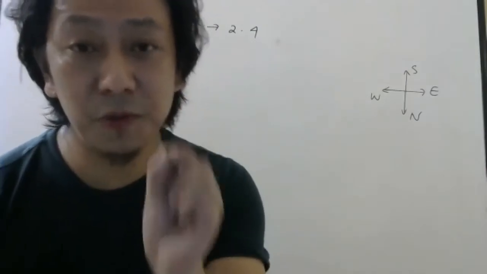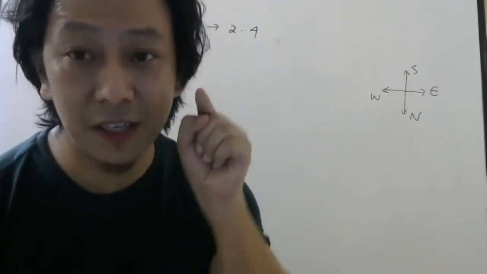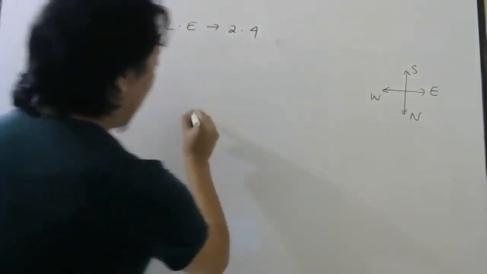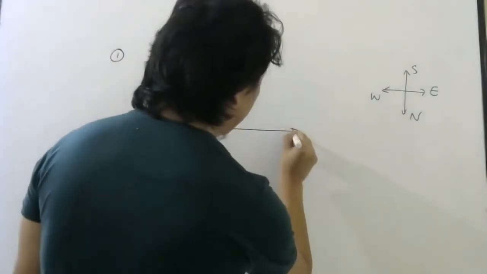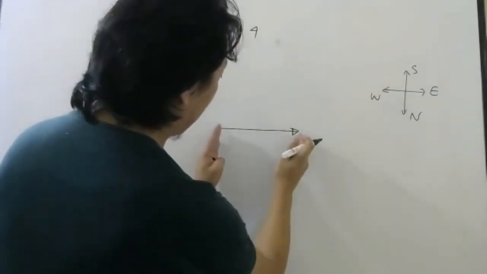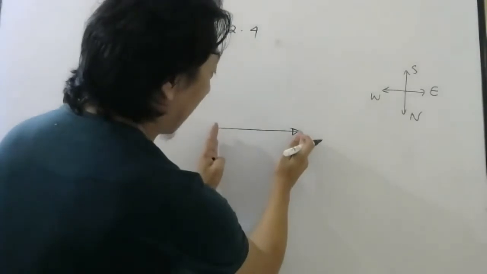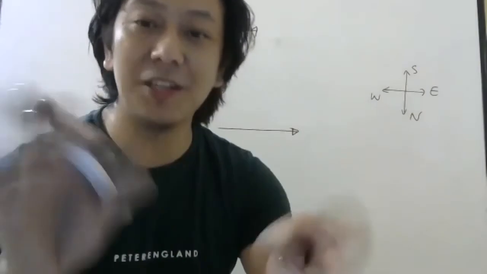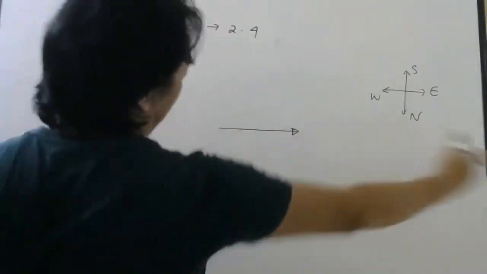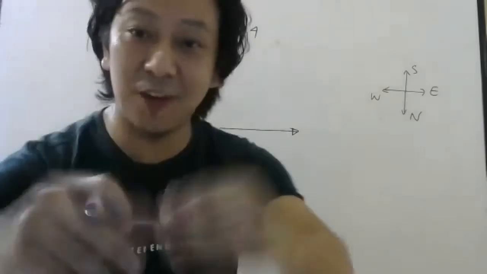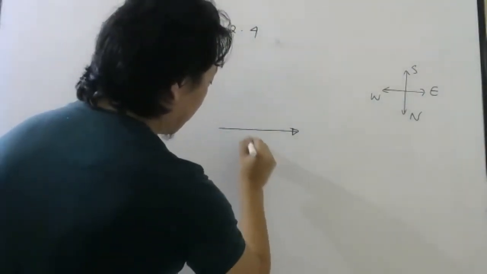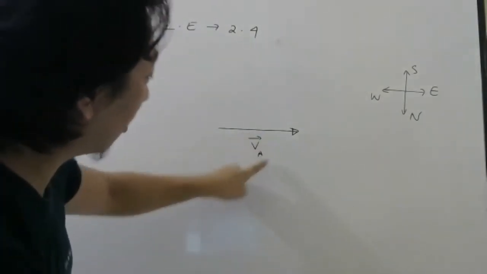So the first car is moving in what direction? It is moving in the direction of east. So how to represent the arrow, as I told? Your arrow should be towards east. And this length will be your magnitude. How much was it? 10 meter per second. The first one you can choose as per your wish. You want to draw big, you want to draw small, that is your wish. And this arrow will represent the velocity of the first car. This is the velocity symbol, this is the vector diagram.